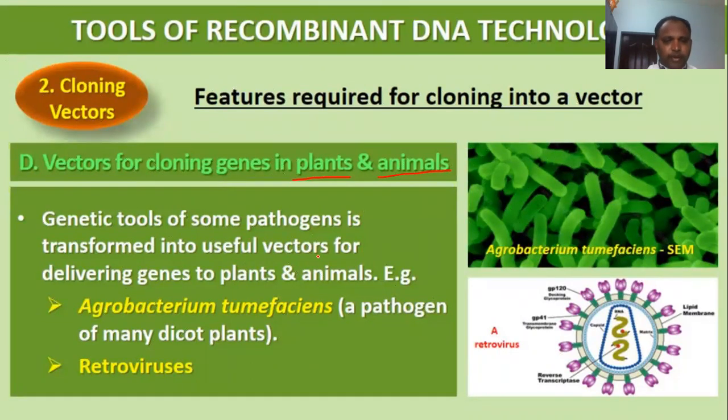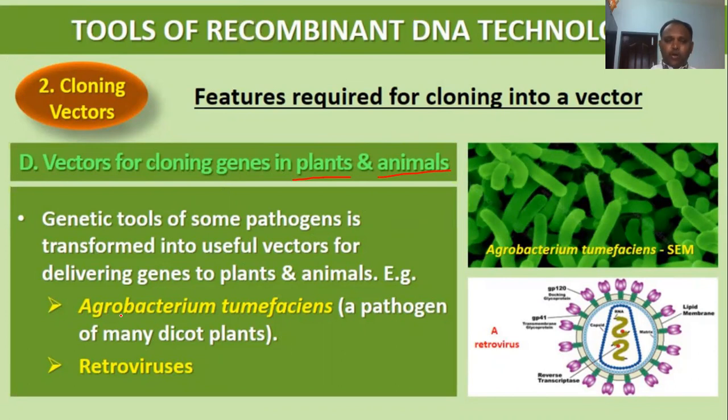For example, for plants, there is Agrobacterium tumefaciens. Agrobacterium is a gram-negative rod-shaped bacterium which specifically infects dicot plants and causes crown gall disease, right? It has a tumor-inducing plasmid. We are going to use this plasmid DNA from Agrobacterium tumefaciens as a vector